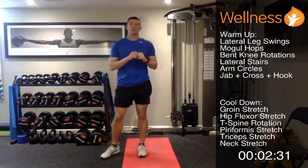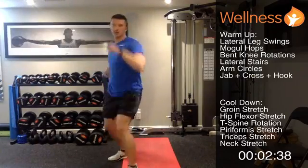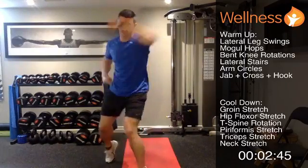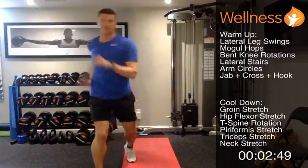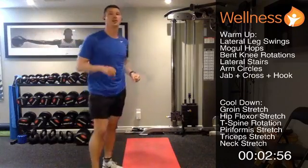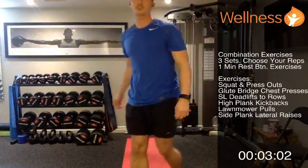And finally, we'll do our punch combination. So we're going to go jab, cross, hook. Jab, cross, hook. Jab, cross, hook. Good job. All right. So getting into our dumbbell workout today, we're going to start with a squat and press